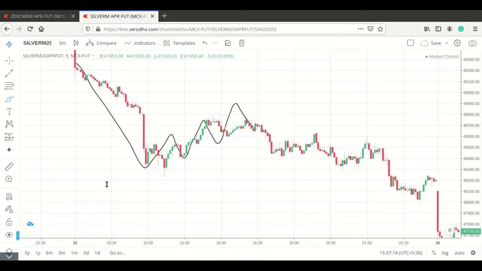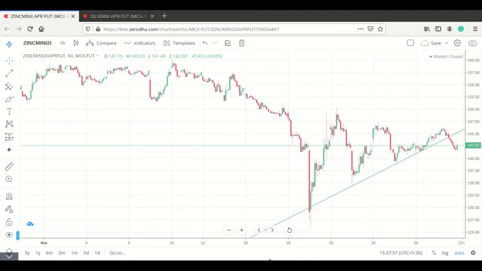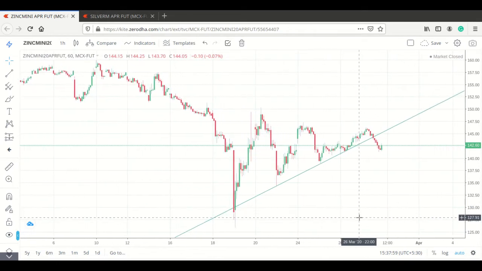So the point to remember over here is to not fight the trend. Fighting the trend is where the trend line fails us if you enter exactly on the breakout. It will be showing you a false breakout and then it will break on the other side. And the chart that I just showed you a few minutes ago is the best example. So what basically happened over here is